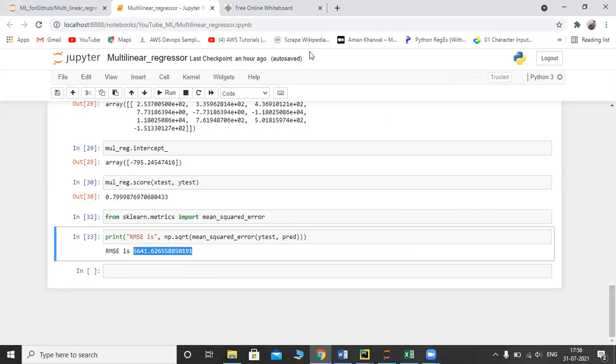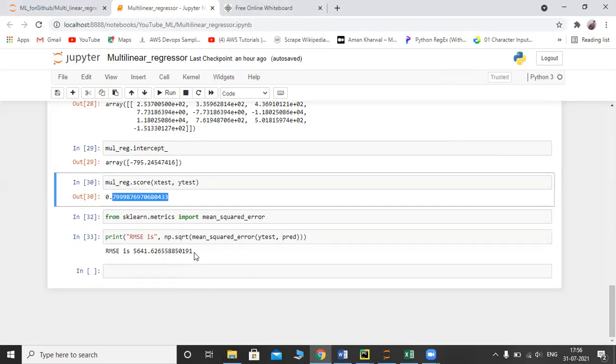You can download data sets from the Kaggle website and try different data sets to apply multilinear regression, where it gives accuracy of almost 96%, or above 95%, and RMSE below 10.